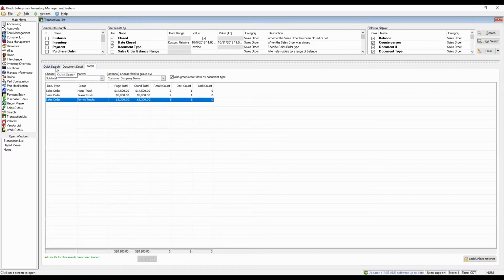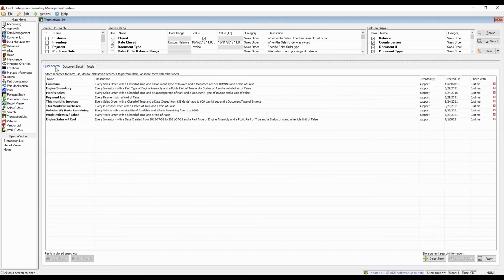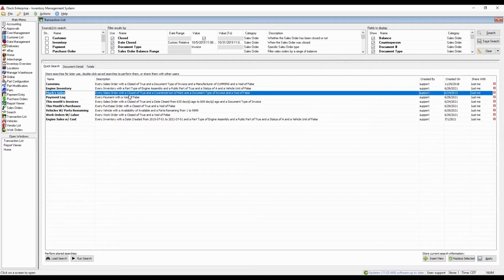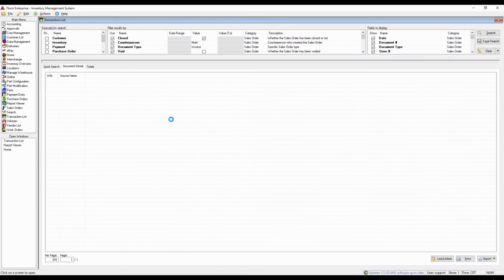So as you start playing with transaction lists, you'll start thinking of a whole bunch of different ways this can work. So for example, let's say you guys do commission at your yard, and you want to create a commission report to look at people's sales over a given date range to figure out what their commission total is. So I created this saved search here, which is a sales order that is closed, where the counter person is Mark, and the document type is invoice, and it's never been voided, because you don't want to include voided sales in someone's commission report. So if I double click that,